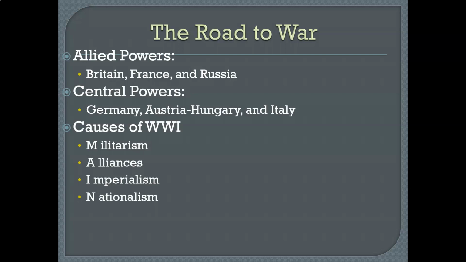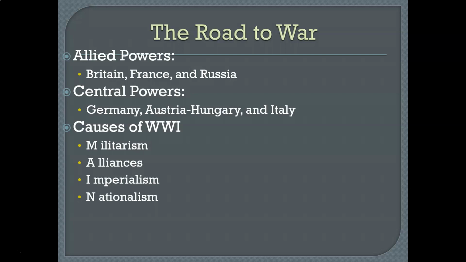Now, what happens here is as a result of an alliance that Serbia had with Russia, you have Russia coming to the aid of Serbia, and you have Germany coming to the aid of Austria-Hungary. Okay, and your book talked about it right here. The Germans, faced with the provocation against their ally and concerned about a two-war front against Russia and France, declared war against both. Germany's subsequent assault on France ran through neutral Belgium, prompting Britain to declare war on Germany.